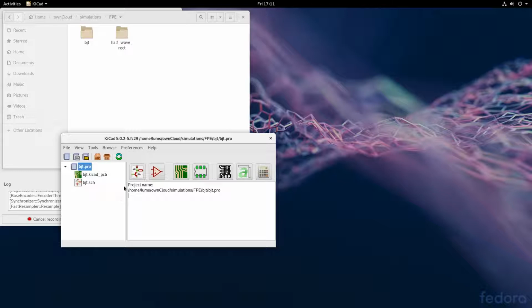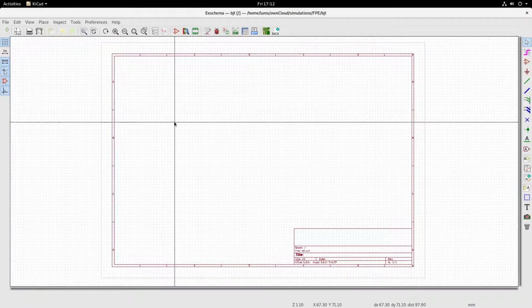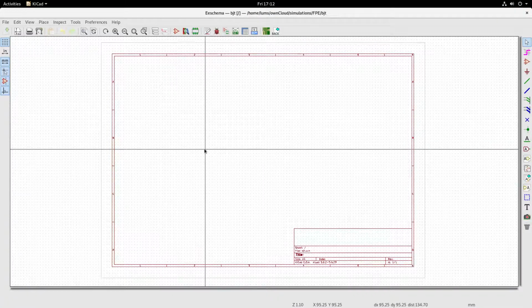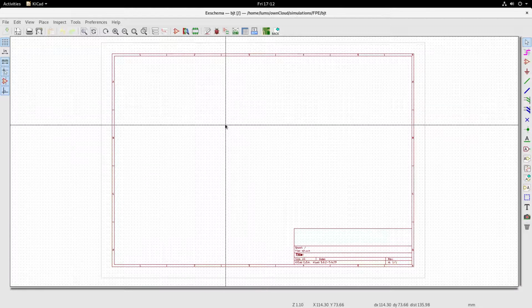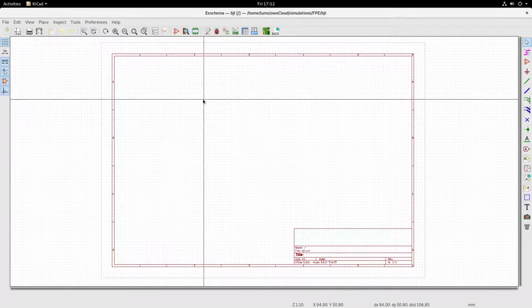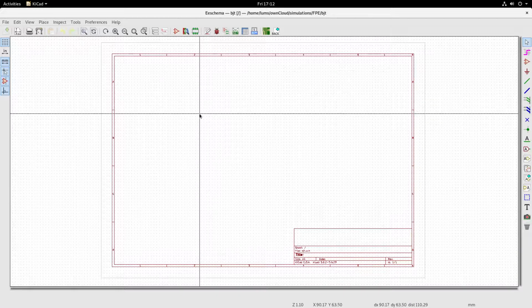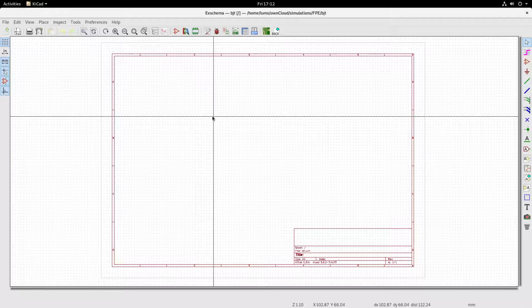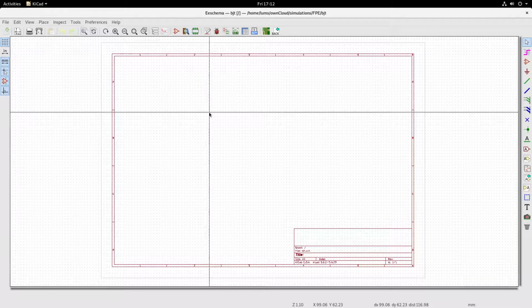I have here a directory BJT within the FP directory, and I have created this through KiCad as before. So we will open the BJT schematic in KiCad, and we will draw a very simple circuit for plotting the static characteristic, the output characteristic or the collector characteristic of a BJT. So let us see how we go about doing this one.